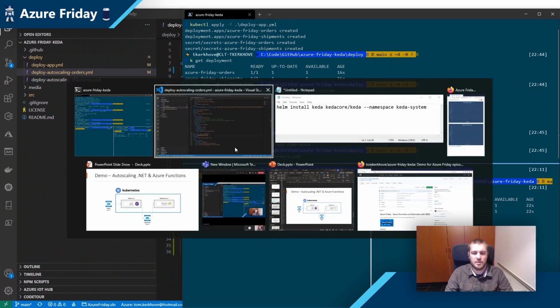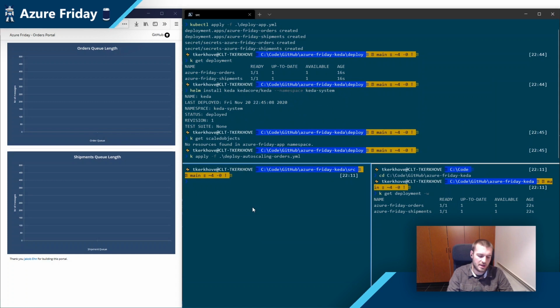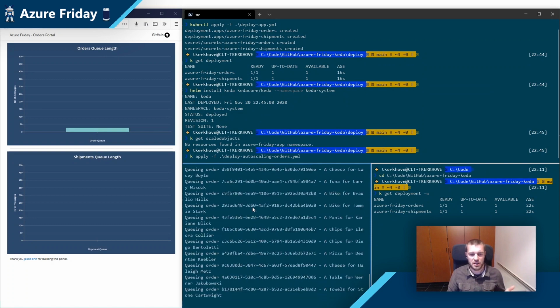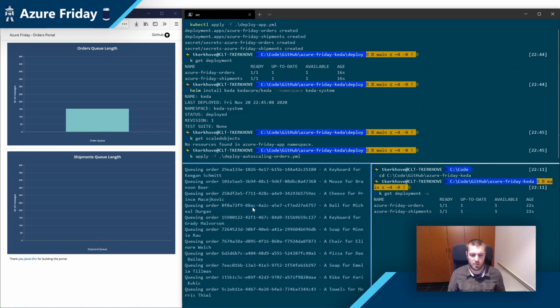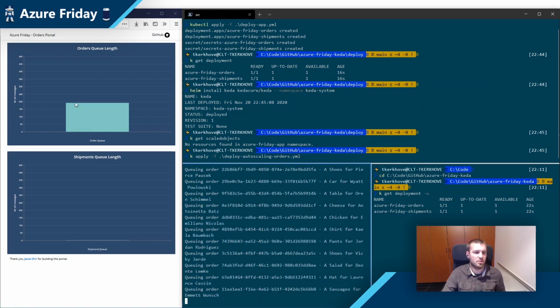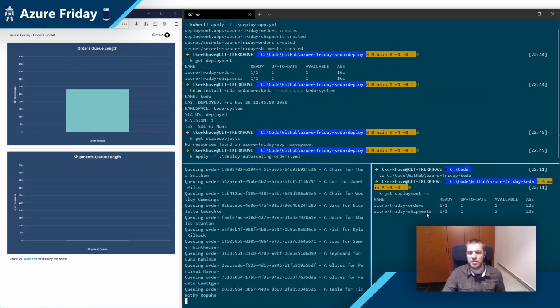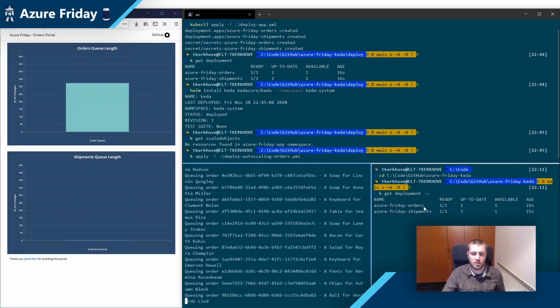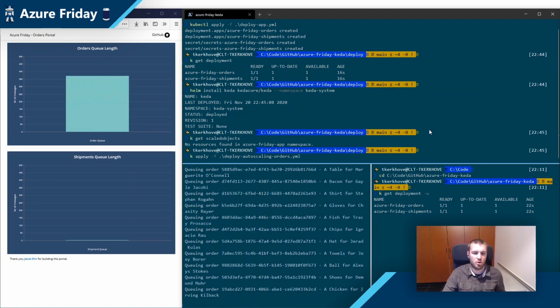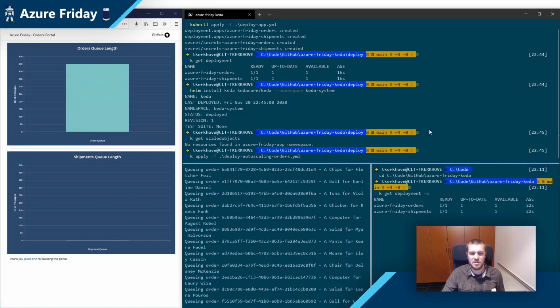But before I do that, let's add some work here. So I will do a dotnet run. And I have this order generator here, where basically we will just send a lot of orders to the queue, just to trigger some processing. In this case, we'll send 1,000 messages, and you see we're generating all these nice orders here with Bogus, a nice library to generate fake data. And you see that the order queue is piling up. And eventually the order deployment here will be able to cope with them. But because we only have one instance, this will take a lot of time.